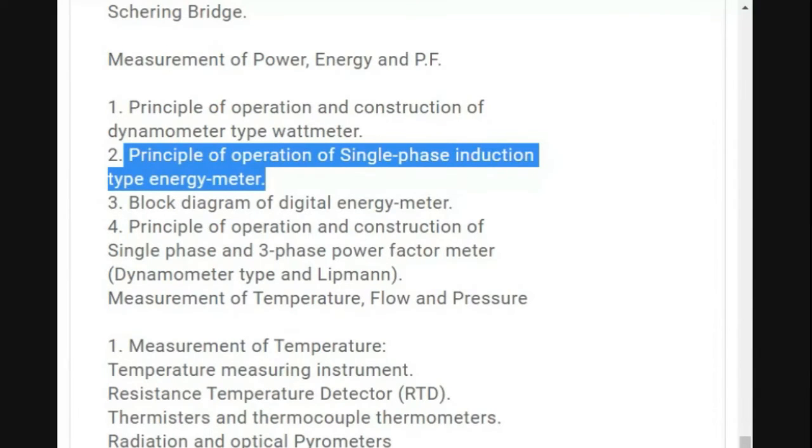That amount of torque which is produced on the disc is due to the induction effect. Now what do you mean by induction effect? The amount of induction effect is related with the time also, because the current component and voltage component is causing the disk to rotate, and when the disk is rotating, it has some limitation of time.